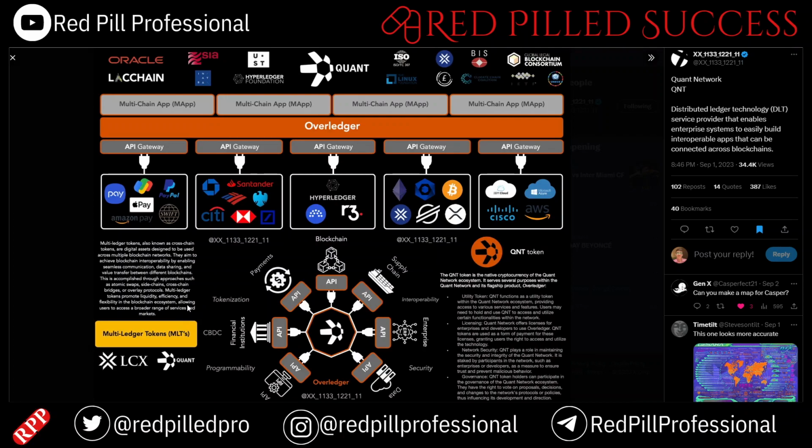But these multi-ledger tokens promote liquidity, efficiency, and flexibility in the blockchain ecosystem. I'm all about efficiency in all forms. I don't really like proof of work because of that, but I thought it was really interesting that the multi-ledger tokens out there are only Quant and LCX, whereas LCX is actually designed to be a security token. I believe it is the native token of an exchange that is for